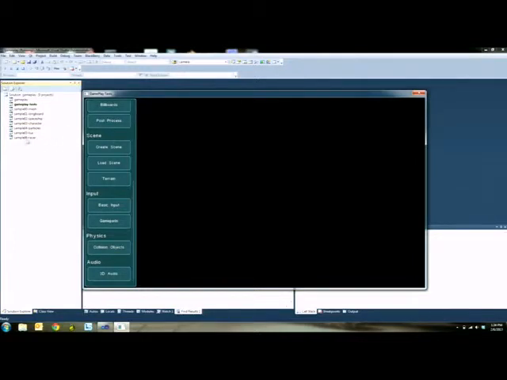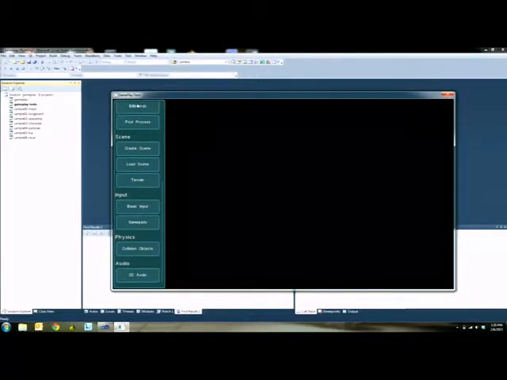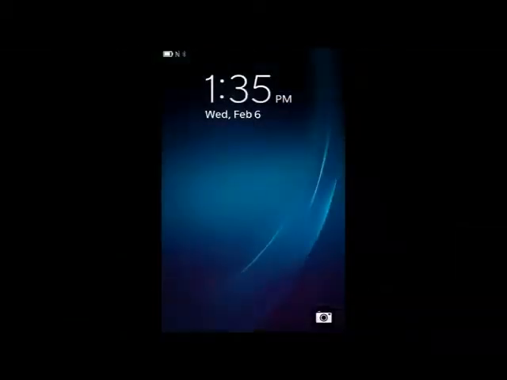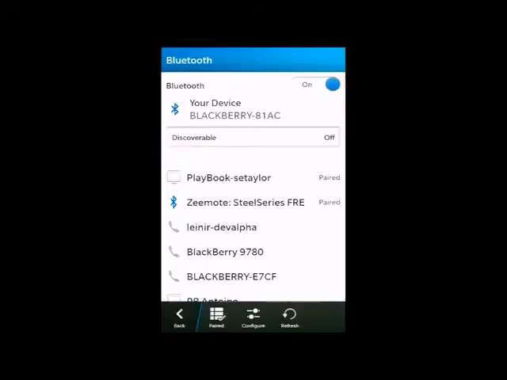So when we get into something that's a little bit more complicated, I'm going to switch over to HDMI here. One of the things that we've added in here, let's see if this goes on now.